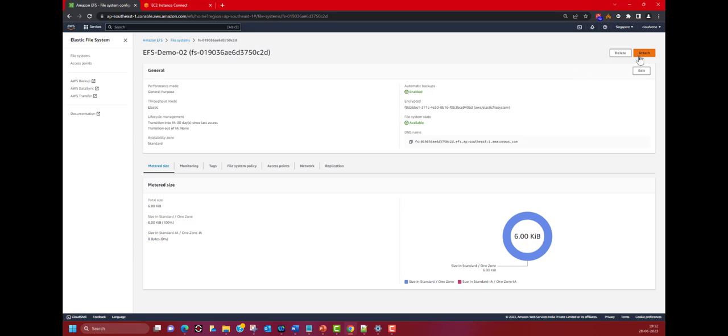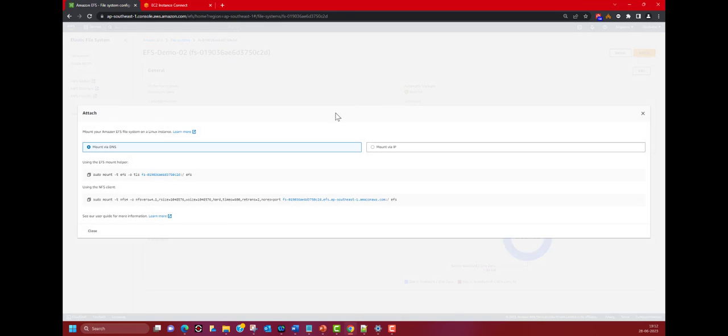Click on, if you look at it, we have an option called attach. You can attach or you can mount via DNS or via IP address. So I'm going to use this EFS mount helper because I have already installed EFS utils. So I'm going to copy this command, but what I'm going to do is I'm going to take this command till this